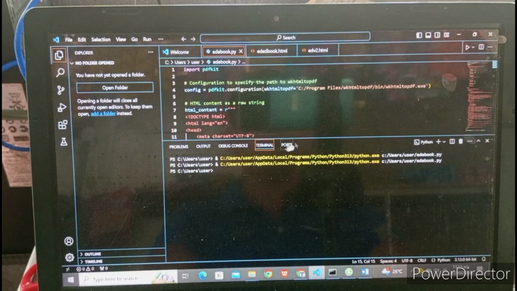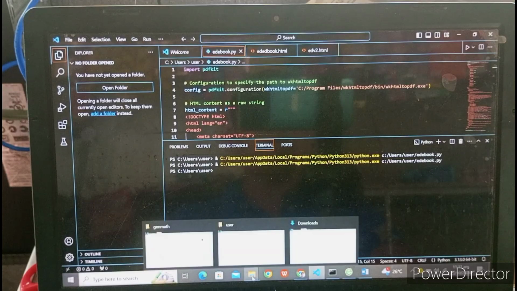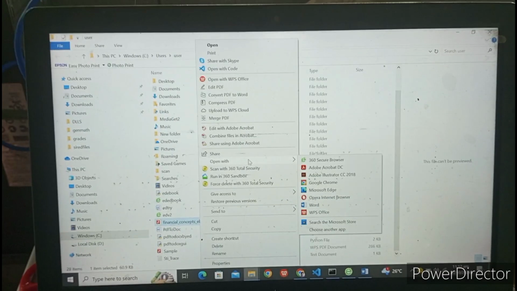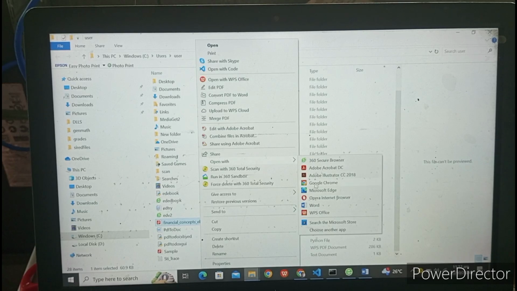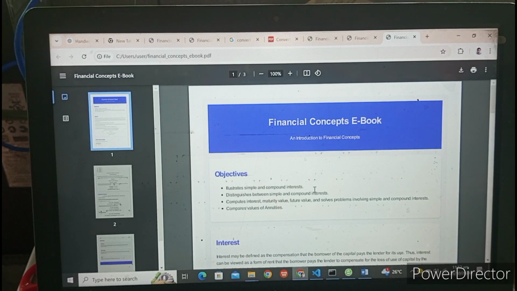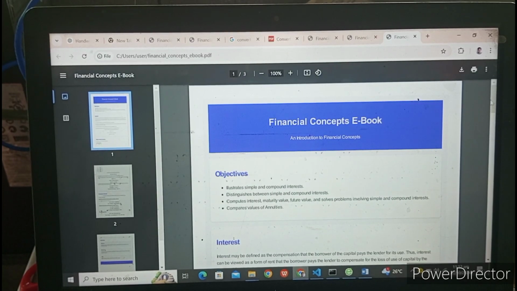All right, so you see there's no error. So we go back to the root folder where it is located. It's in users and this one. We'll open it with Google because that's a simple PDF, and let's see the output. You will see that we are able to export it in PDF form, however, not perfect, because as you can see down below, the equations are not